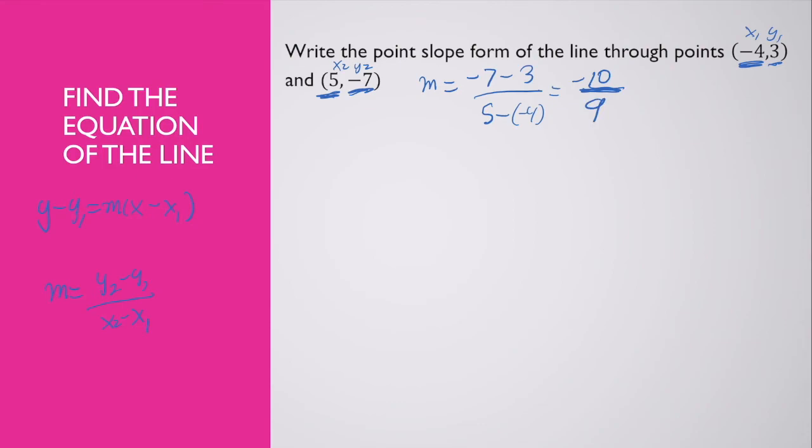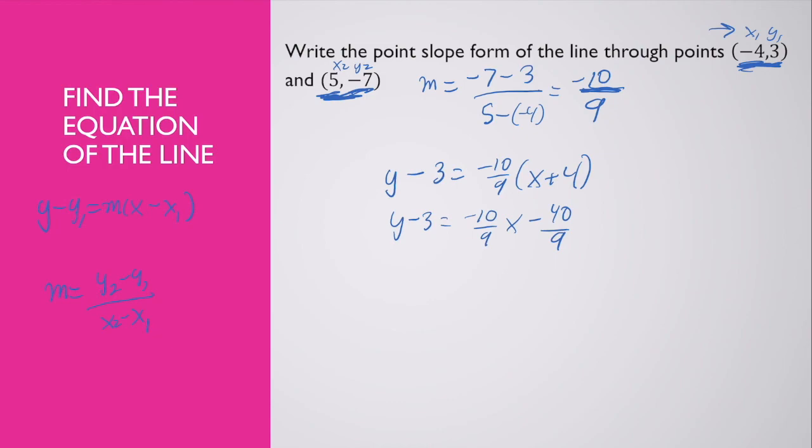positive 9. Now, is that the most beautiful slope we've ever seen? No. But are we capable of solving this problem with this not very beautiful slope? Most definitely. Now, does it matter which point I pick to be my x1, y1? No, I could use either of those points now that I know my slope. But because I labeled this one x1, y1, let's go ahead and use that one. So I've got y minus 3 equals negative 10/9 times x plus, it's minus a negative, 4. y minus 3 equals negative 10/9 x minus 40